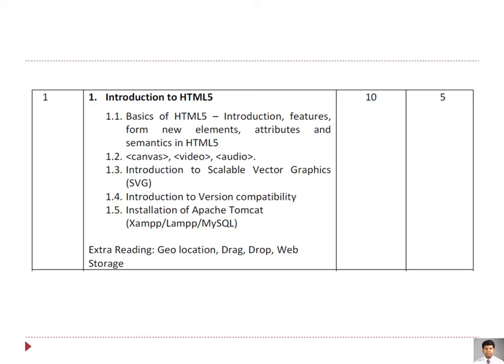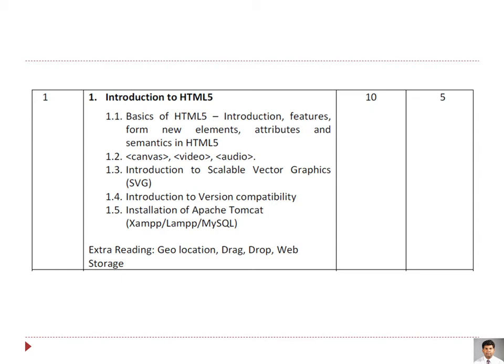Now this is what chapter number 1 is. Chapter number 2, I have not gone into detail, but we'll be dealing with different CSS3 modules. In chapter number 4 we'll be entering into Node.js. Chapter number 5 will be AngularJS, and the last chapter, that is the 5th chapter, will be on PHP. So basically 5 chapters have been added into this syllabus, and we will be starting today itself with chapter number 1.